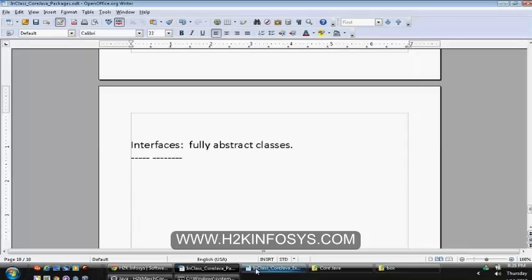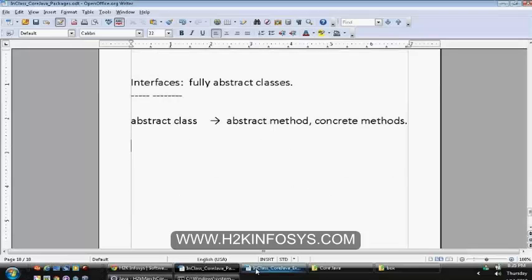Fully abstract classes in the sense, in a normal abstract class, we can contain abstract methods, and we can also contain concrete methods. Concrete method means a method which consists of declaration as well as definition. Abstract method means it contains only declaration but not the definition.